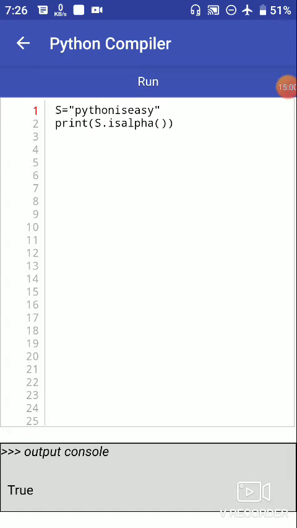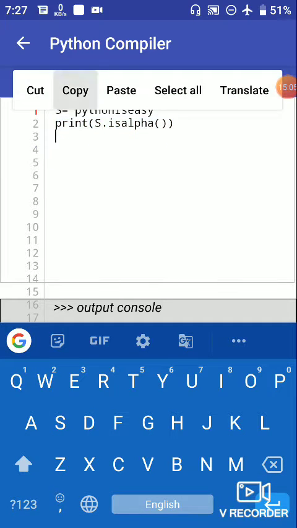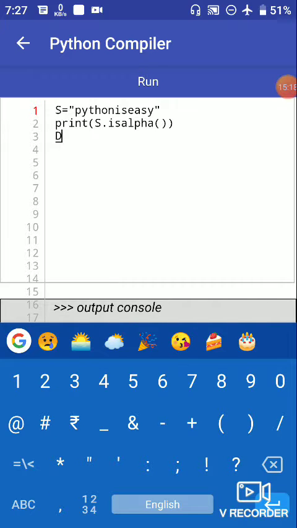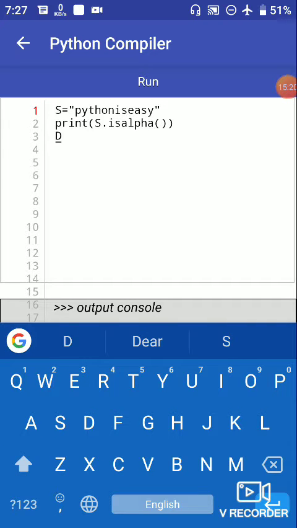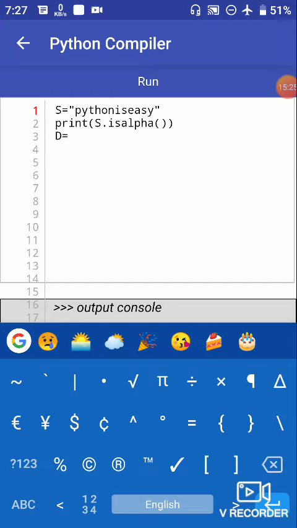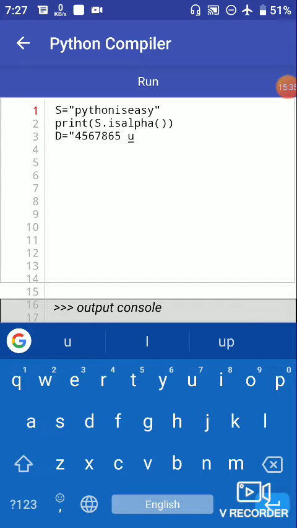After isalpha, another built-in method is isdigit. isdigit returns a value, true or false, according to the digits available in that string. So let's define a string which has some digits: d equal to 4 5 7 8 6 and then n space and u.